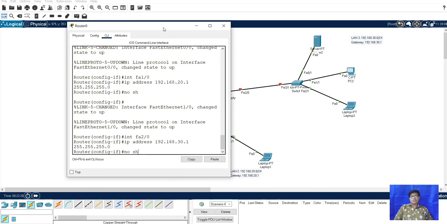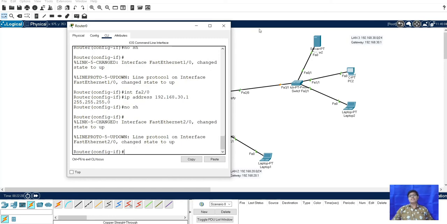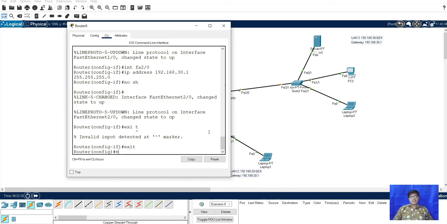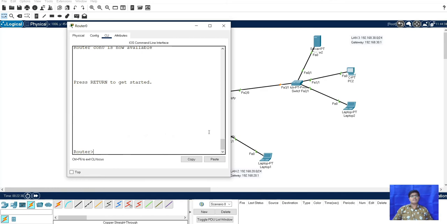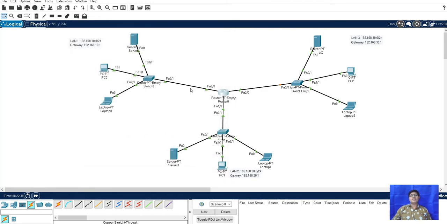Enter, no shutdown. Okay, so this also is configured. We will exit, exit, exit. Okay, so this configuration is done.